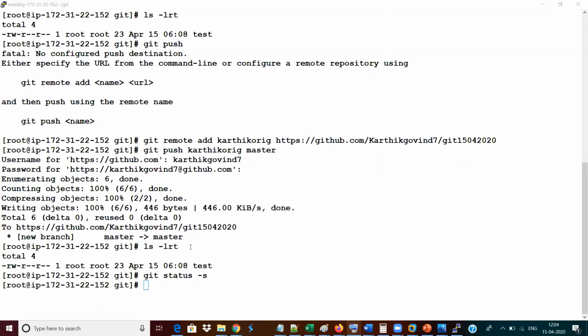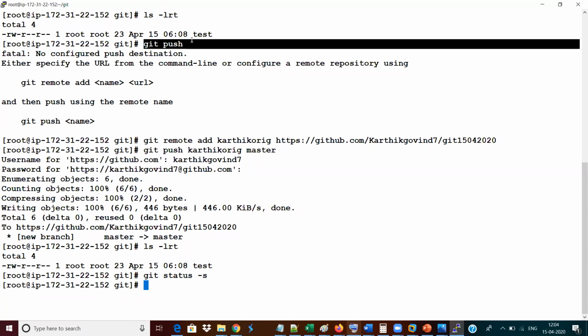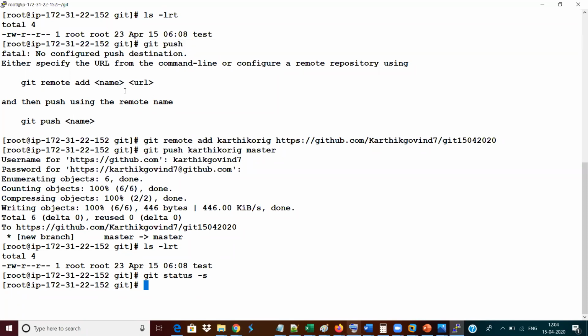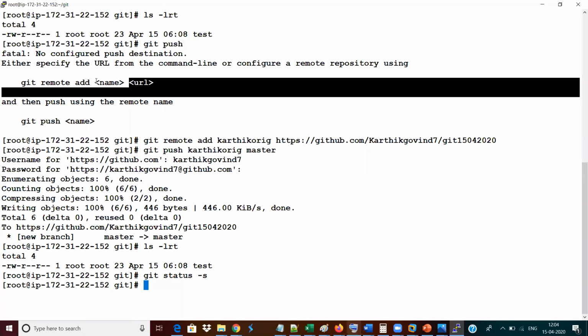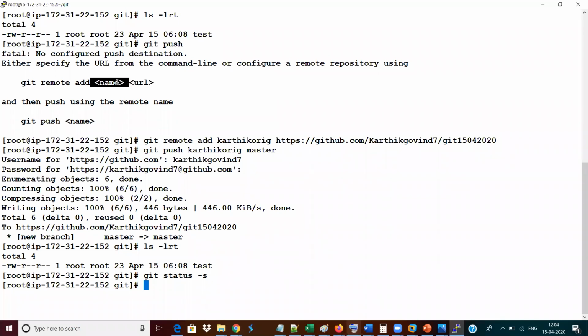Okay, so now I need to tell once again how this particular item is working. I have some other assignments also for you, hold on for it, but I will rewind this remote push, how I will be doing that. Once I give git push, it is not working for you, right? Why? Because it is asking for the remote URL. That remote URL information I'm giving name-wise, so I'm declaring a variable and assigning the URL to that variable name, so that the same variable name I can use in the future to push my data.